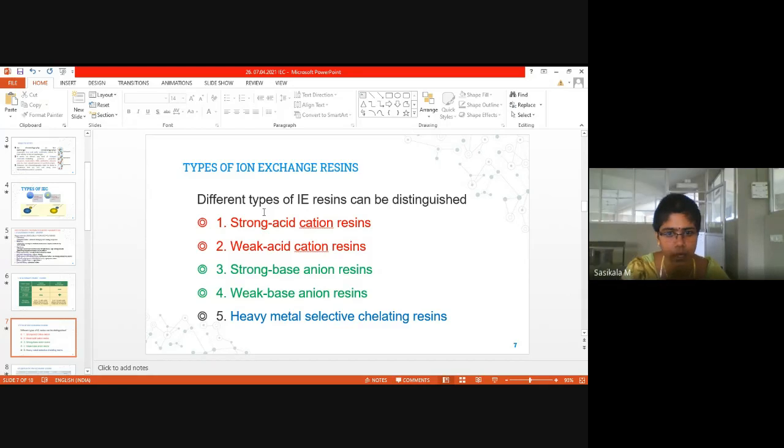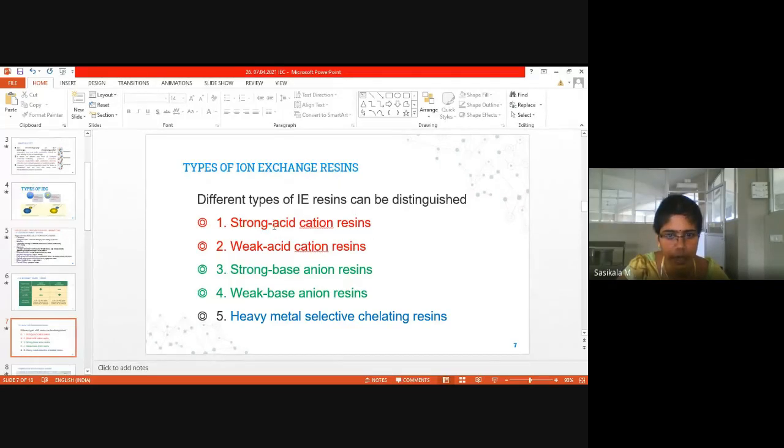So we have two types of chromatography, cation exchange chromatography and anion exchange chromatography. For cation exchange chromatography, strong acid cation exchange resins and weak acid cation exchange resins. And for anion exchange chromatography, strong base anion exchange and weak base anion exchange resins will be available. Okay, cation means acid, so strong acid cation, SAC. We have weak acid cationic exchangers. They are called as ion exchangers or ion exchange resins.